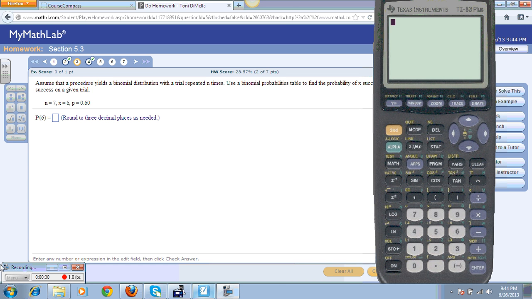For example, in this problem, I asked 7 people out on the street, hey, do you recognize the symbol? I assume that I have a 60% chance that they'll recognize the symbol. That P would be my success rate that you'll be given. And I want to know, what's the probability that exactly 6 will recognize it? And so that's how we'll read these problems. And it's given out of order, if you will, on my math lab,